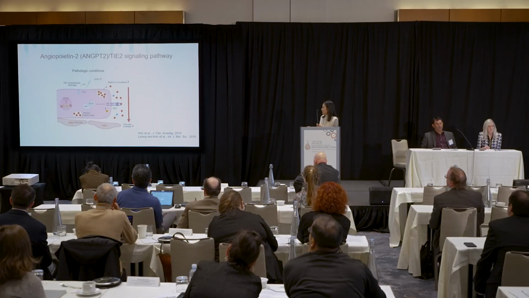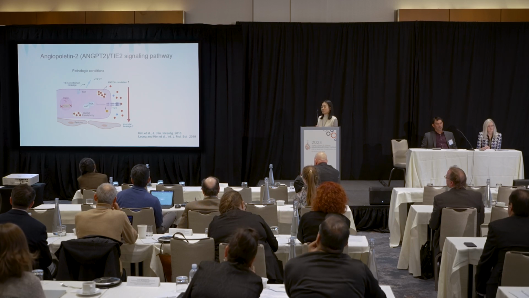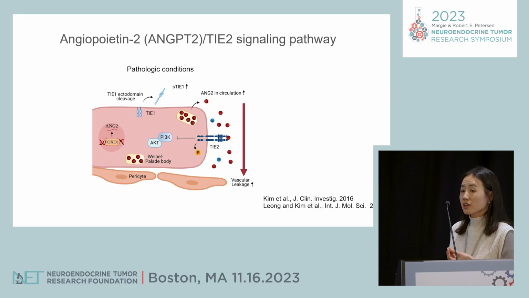And we often see this angiopoietin 2 upregulation in many types of tumors. Here, angiopoietin 2 can suppress the Tie2 receptor and consequently induce vascular leakage by impairing pericyte coverage and also the endothelial junctions. Although angiopoietin 2 is often upregulated in tumors, the role of angiopoietin 2 in immune evasion of the tumor microenvironment is largely unknown. So this is the question that we had for the PanNET liver metastasis.